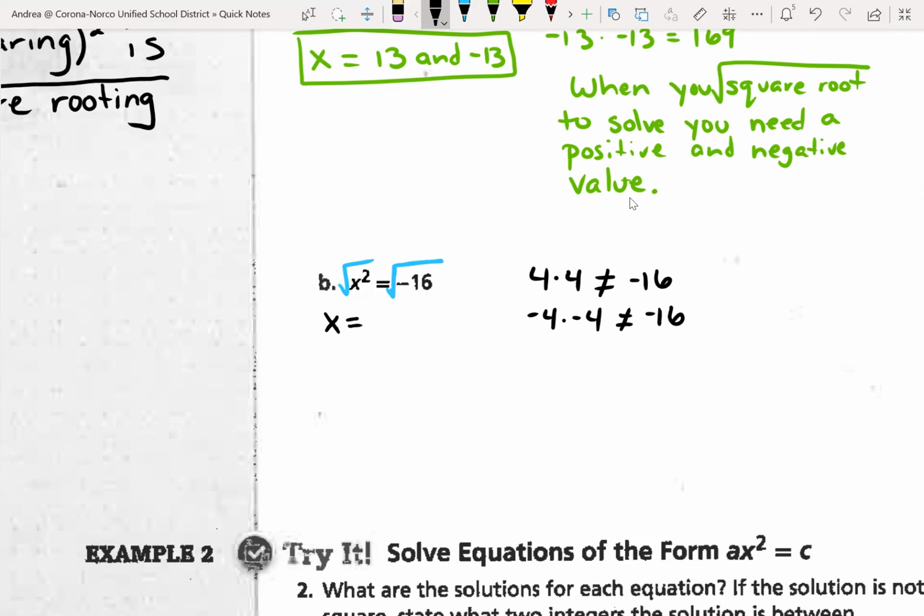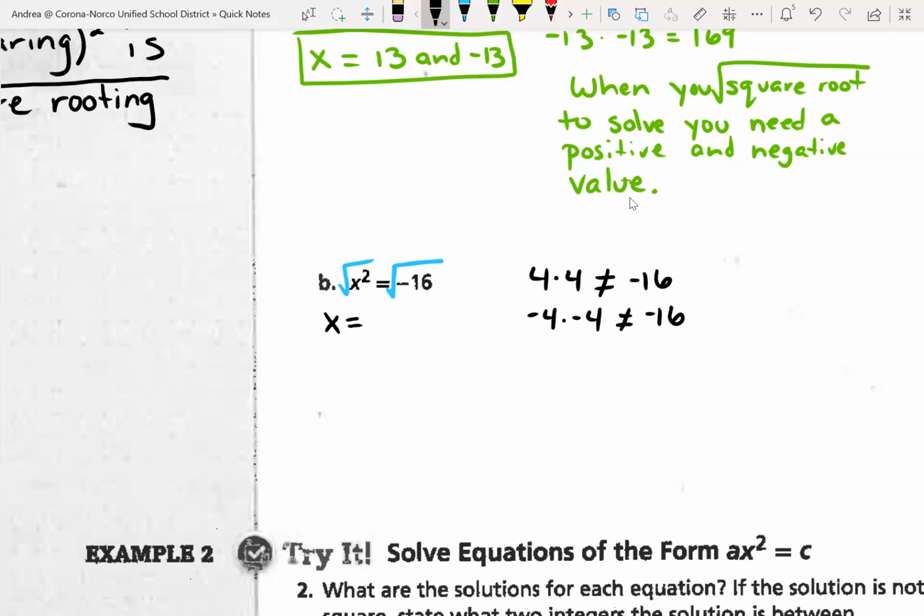You would have to have a positive 4 and a negative 4 to get negative 16, but then that's not a perfect square, right? And that's not what square rooting is. It's not a number times its opposite. It's the number times itself, okay? Since there's no number that I know times itself that gives me negative 16,